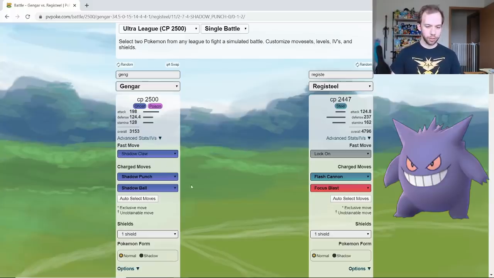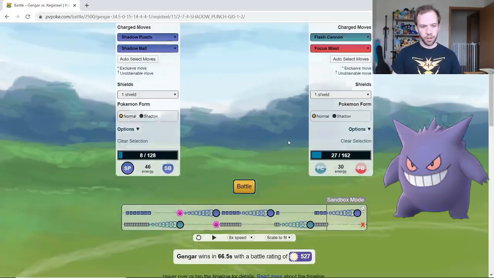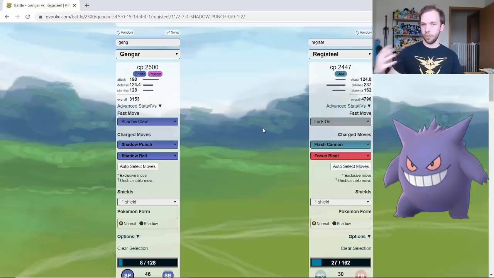So with the Shadow Punch bait in the mix, it can now overcome foes such as the Registeel. In fact, in the 1 shield situation, Gengar even has the potential to overcome Registeel with just straight Shadow Punch, which is really nice. On top of that, Gengar can also take down Charm users, no problem. And then when it comes to Giratina Altered Form, it's not exactly a win, right? But if Gengar does have an energy lead,